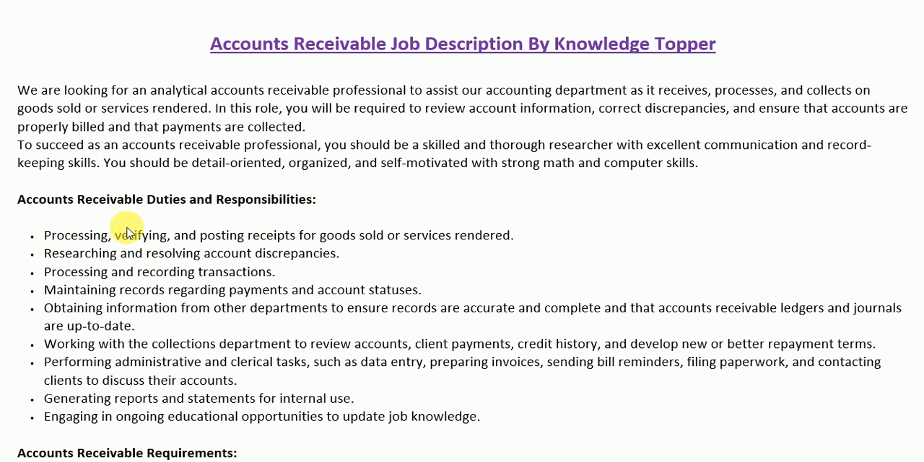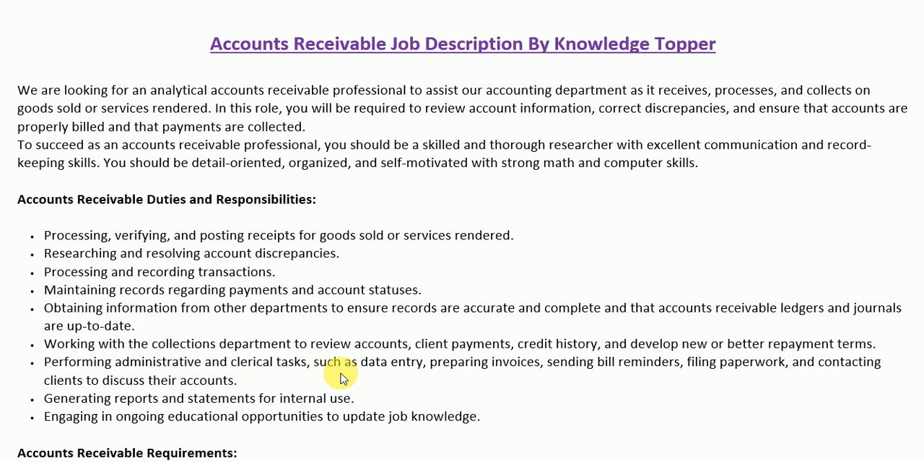As an accounts receivable, your duties and responsibilities include processing, verifying, and posting receipts for goods sold or services rendered, researching and resolving account discrepancies, processing and recording transactions, maintaining records regarding payments and account statuses, obtaining information from other departments to ensure records are accurate and complete and that accounts receivable ledgers and journals are up to date, working with the collections department to review accounts, client payments, credit history, and develop new or better repayment terms,